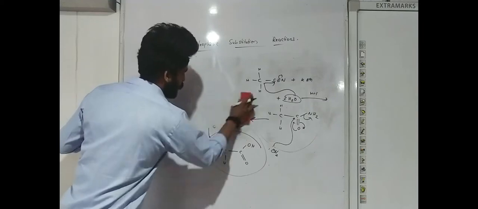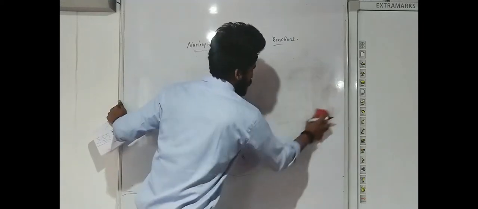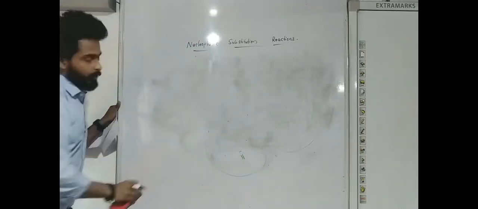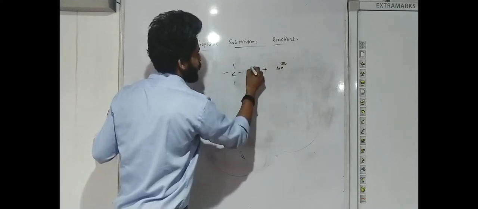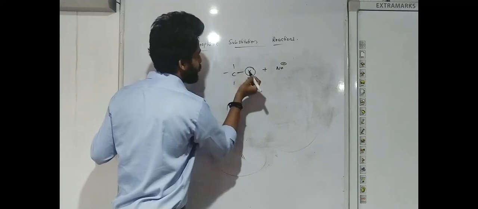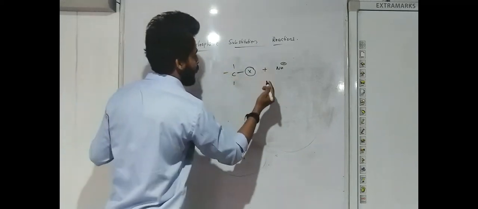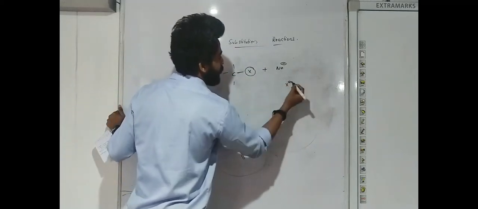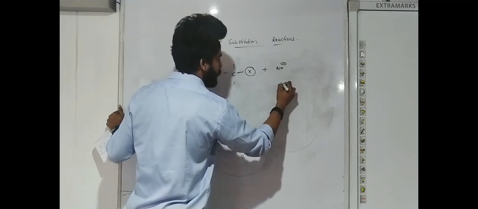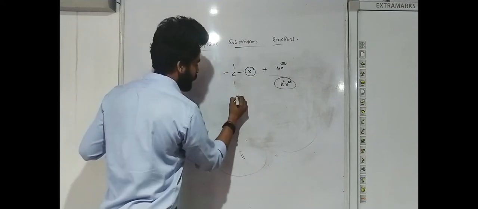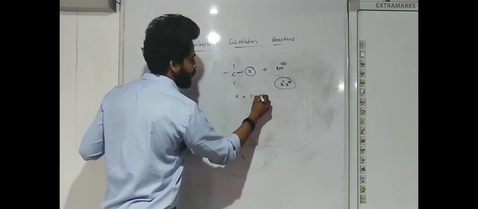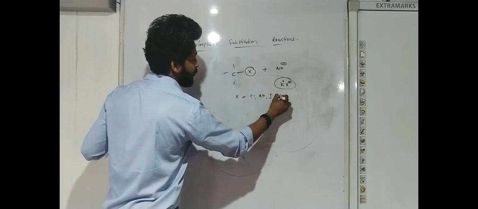So we were discussing nucleophilic substitution reaction. We have to understand what the actual nucleophilic substitution reaction is. We have to discuss it again. R-X plus any nucleophile. Here X is acting as a good leaving group. Leaving group means it will leave to form X minus or any other compound, like if there is a K, then KX compounds. So this X we can take as Cl, bromine, iodine and fluorine.